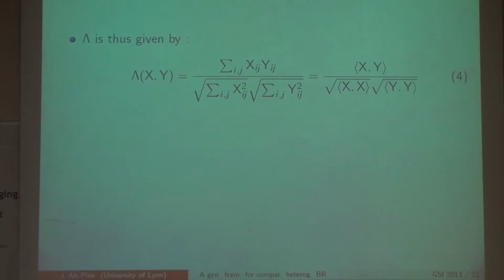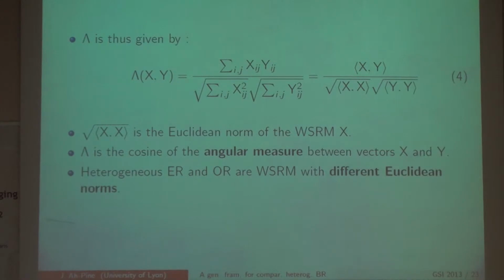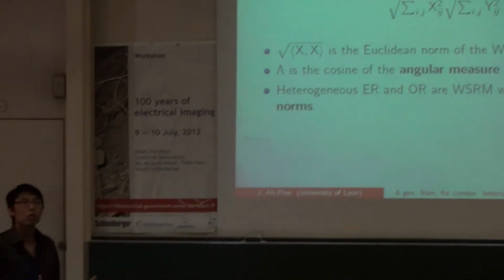So, using those notations, we can see that lambda is given by this equation. Obviously, we have the Frobenius norm here, and of course, lambda is the cosine of the angular measure between the vectors x and y, I mean, straight x and straight y. So we argued previously that heterogeneous equivalence relations or order relations have a difference with respect to their densities. So in terms of WSRM, intuitively, this difference is with respect to the norms of the different WSRM. As we can see in this formulation, lambda is typically the cosine of the angular measure between those two vectors, and it is only based on the angular measure. Okay? So here we do not take into account the difference between the norms of